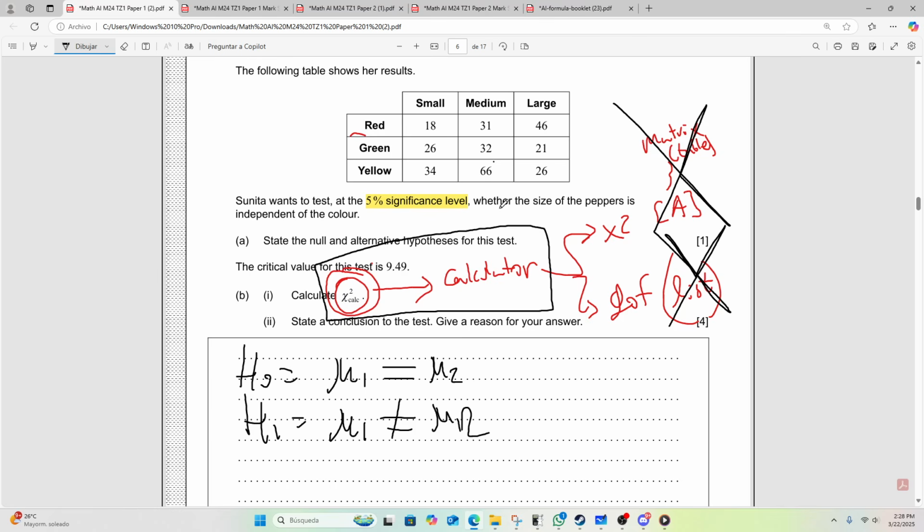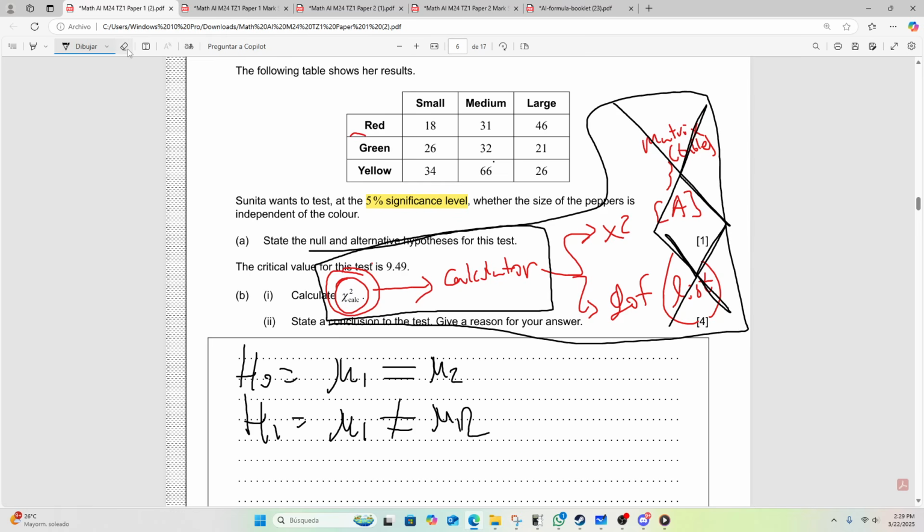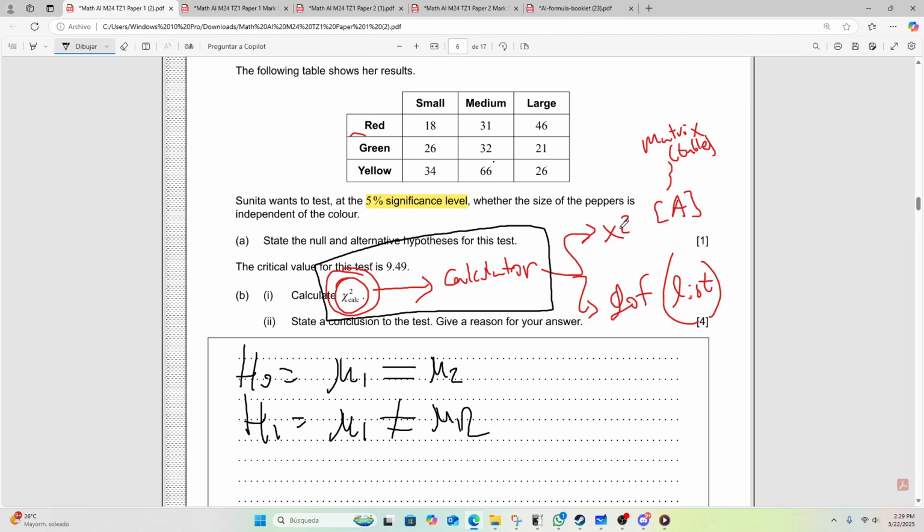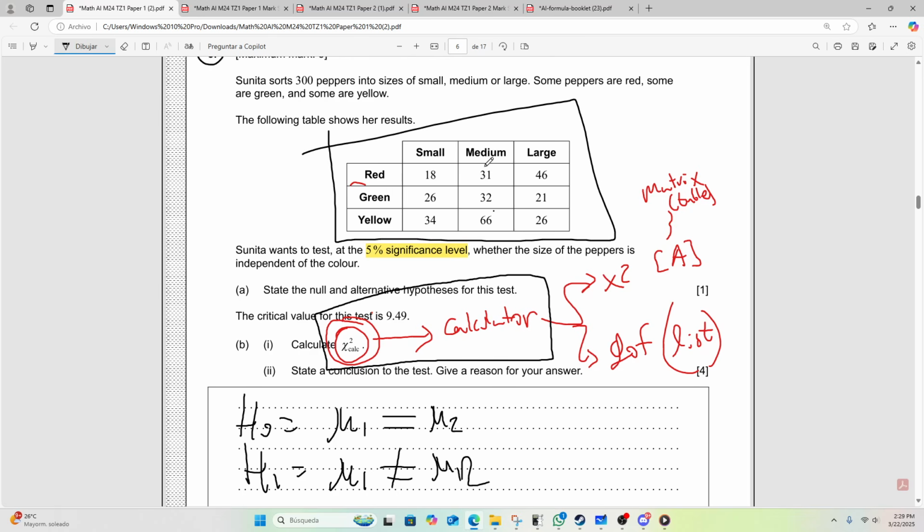That is why the Quiroz math, I think, is so powerful, because it's not about knowing everything, because that's not exactly realistic. But you do need to know that the chi-squared thing is in your calculator, and you should have the intuition that there's more than one, and you'll figure out which one to use. And just by clicking on it, you realize one of them is for a list, another one is for a table. So is it a list or a table? That looks like a table to me.